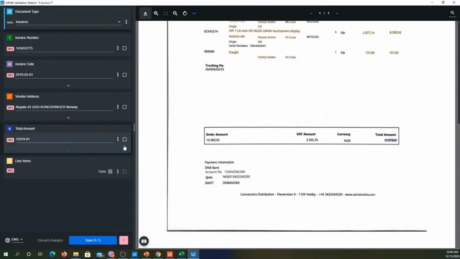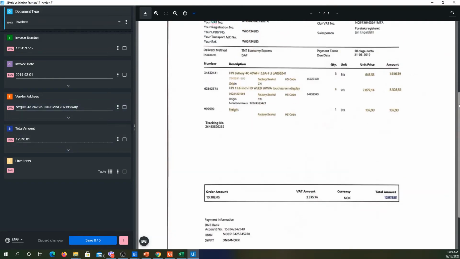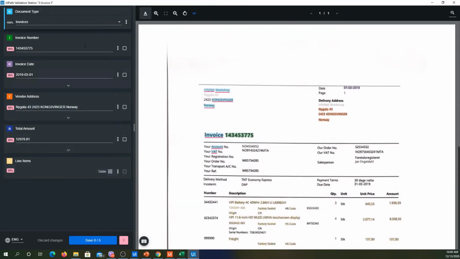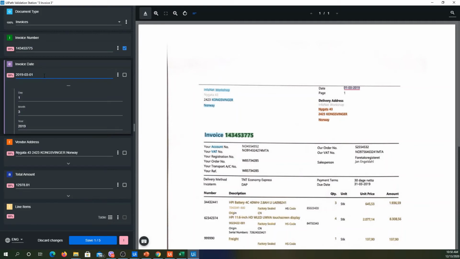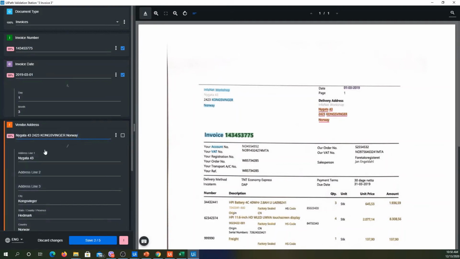Okay, so we got the validation station again for some reason. Let's have a closer look on why it's saying that. By the look of it, you see that it has a higher confidence level from the extractor. Here it says 99%, but maybe the OCR confidence is somewhat low in one of these. Let's see, 14345, 3775. It looks fine. This is looking good, and in this one,